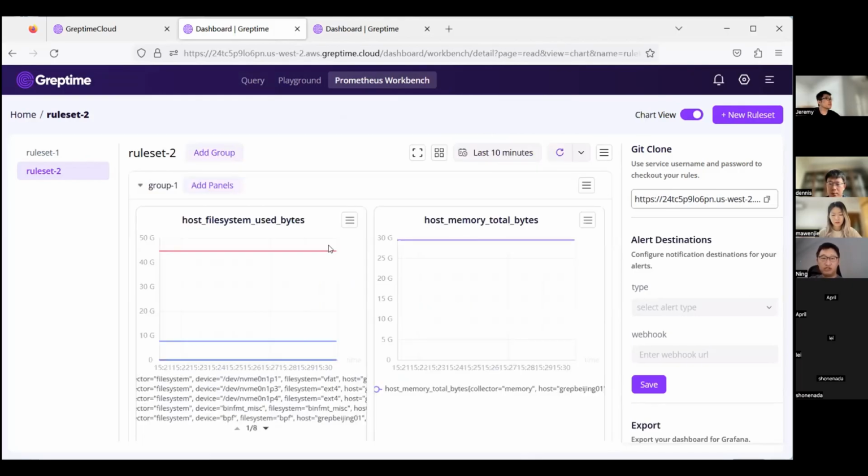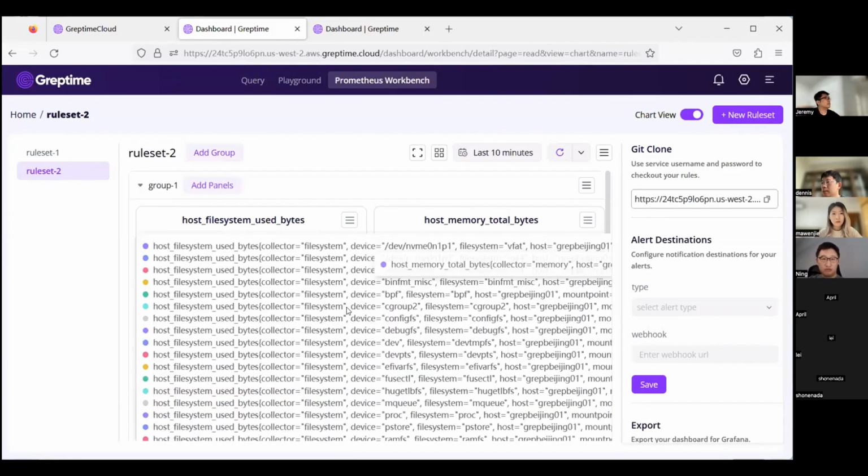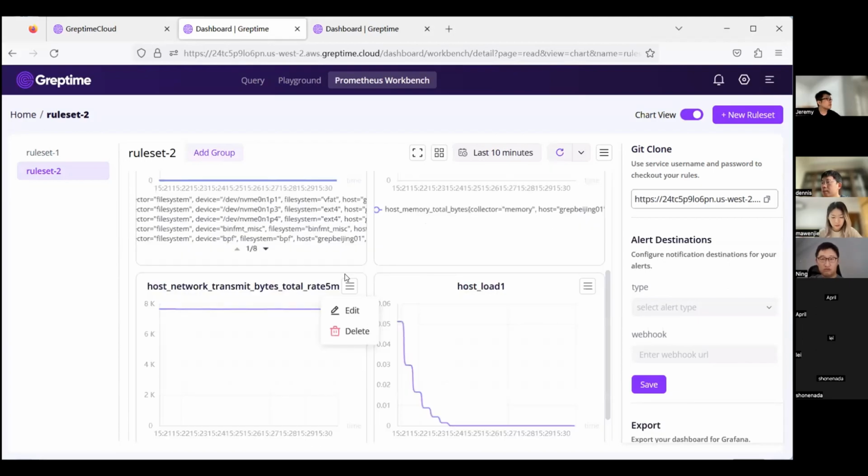You can further configure the alerting rules. For example, we want to alert when the load exceeds 10.